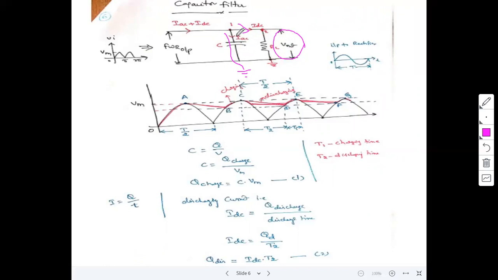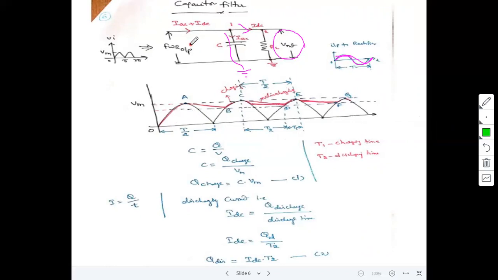Now in this case, regarding the ripple factor component, the AC signals are transmitted to the ground and do not appear at the output. Only the DC component appears at the output. Now observe here, this is the input signal, which is given to the rectifier circuit. This is the full wave rectifier output. Now in this case, mainly observe the capacitor.